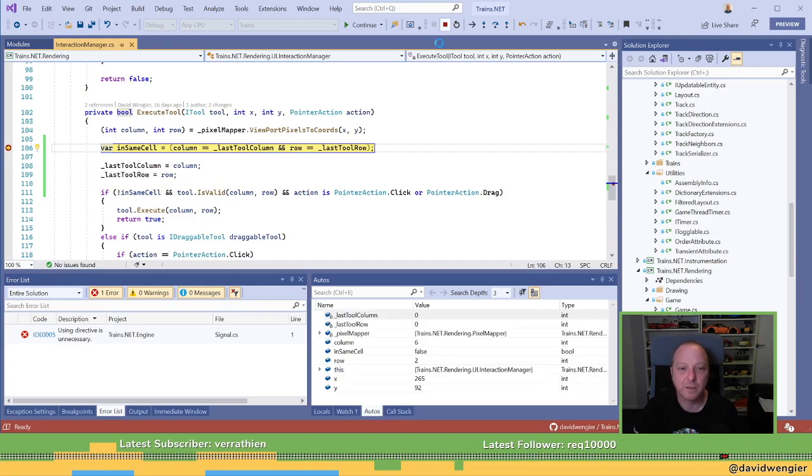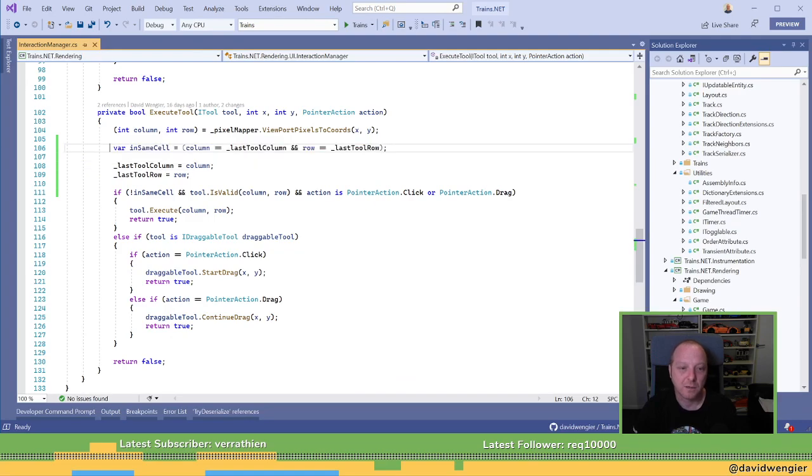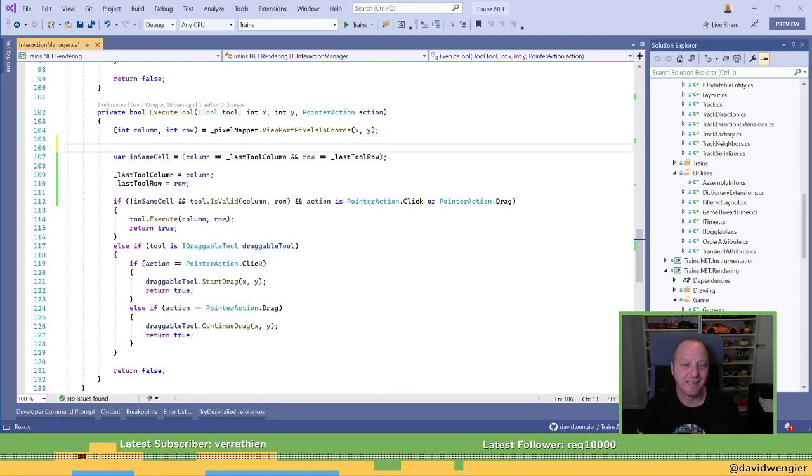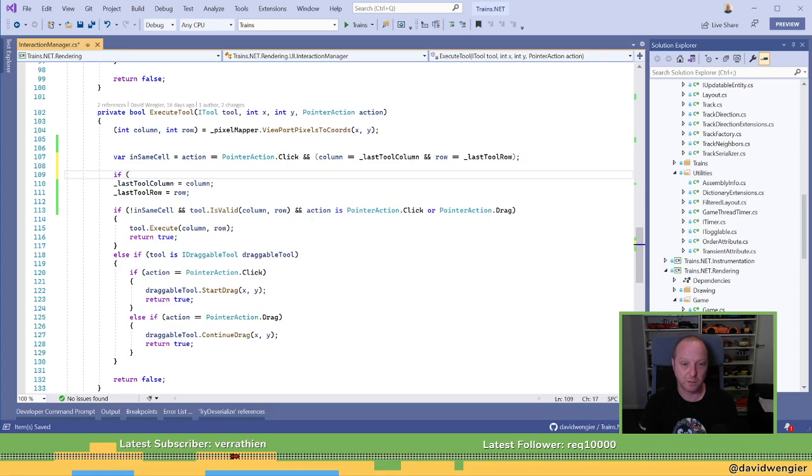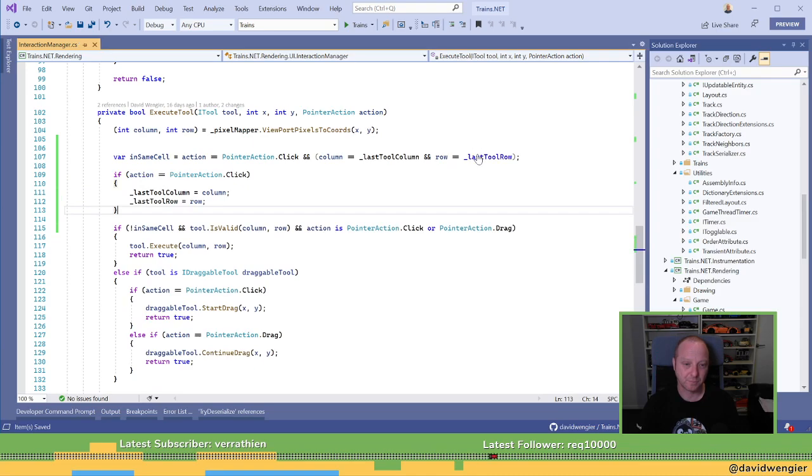Oh, that should only be on click. Right. Yep. We want to do it here as well. Maybe we don't need it on check. No, we don't need that because we've got that done.